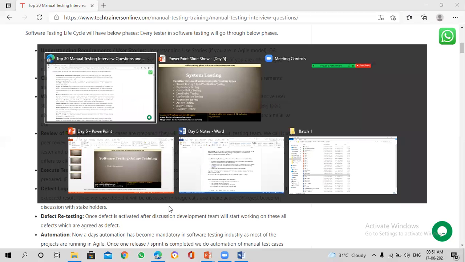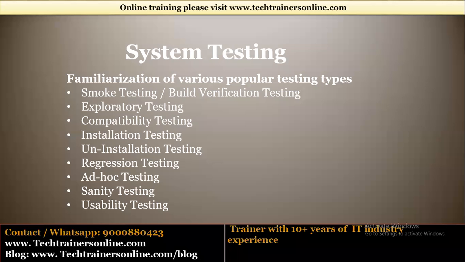Similarly, you have uninstallation testing. Now, take the simple example of your mobile. Nowadays everyone uses a smartphone, right? You don't want to use some apps in your mobile because they take most of the time, and they are reducing the performance of your mobile. So you don't want to use them, right? What you do is just go ahead and uninstall it. So similarly, how you did